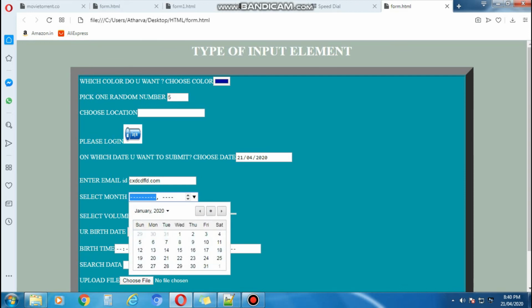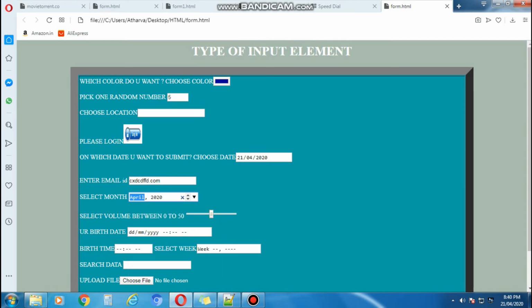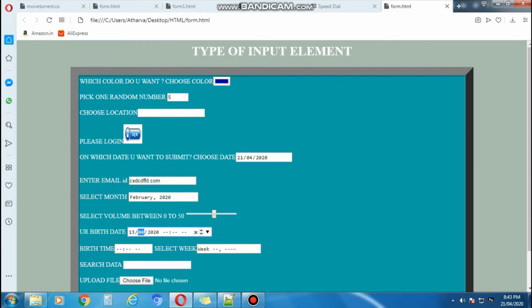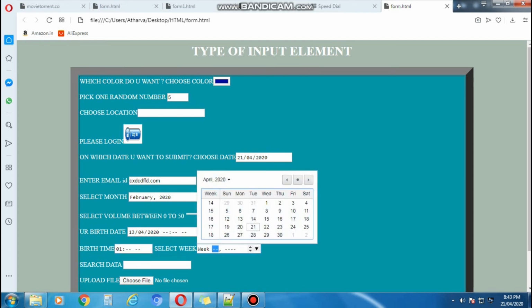Okay. Then comes input type equal to range. Here by default it varies from 0 to 100. So whatever you are giving, that data will come in the form of a range. Then comes input type equal to datetime-local. Here you can see that you can enter the date as well as the time in the form of hours, minutes and seconds. Then comes input type equal to time. Here you can give a time which will be printed in the form of hours, minutes and seconds. Then input type equal to week.